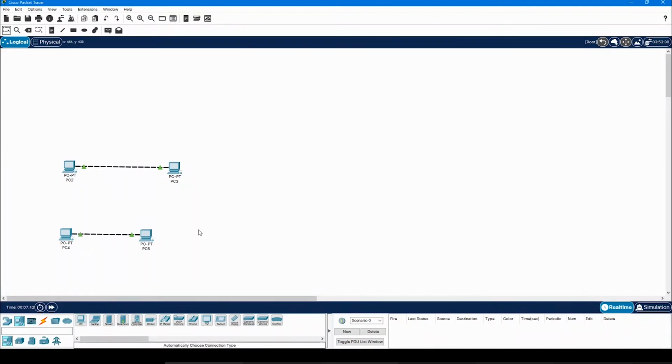So now again I can select PCs. What if I want to place multiple PCs in my workspace? What I will do is I'll press Control on my keyboard and click on PC. Now I will release the control button, and after that, wherever I click on the workspace, I'll get a PC placed there. Once I am done with this, I can either click on this cancel button, or I can just simply press the escape button on my keyboard and I will get back to the select mode.